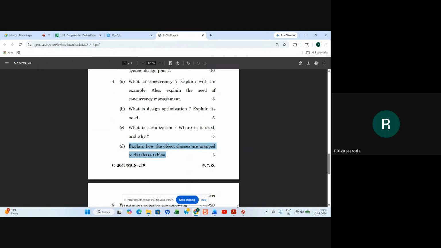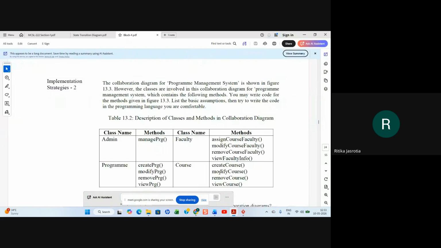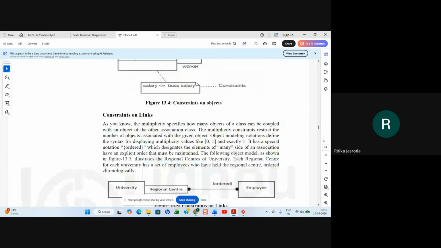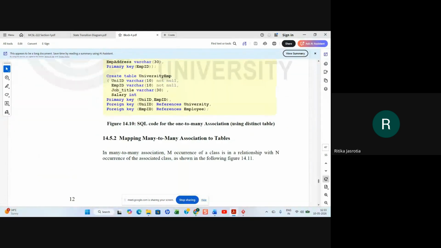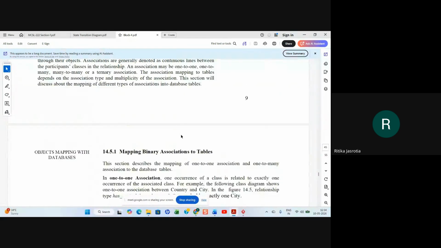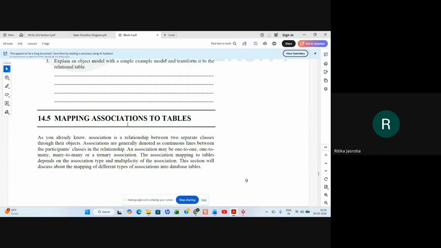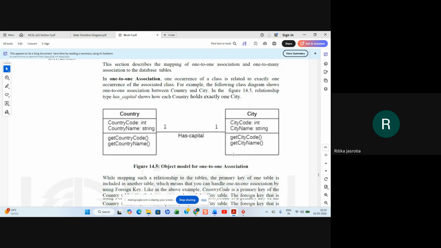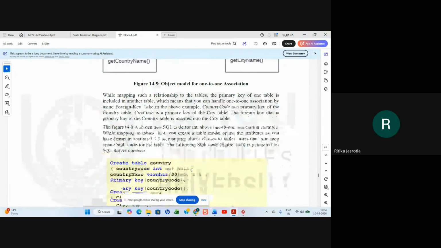This is this one. This is the example of how object classes mapping association to tables. So how object classes are mapped to tables. This is how it is done.